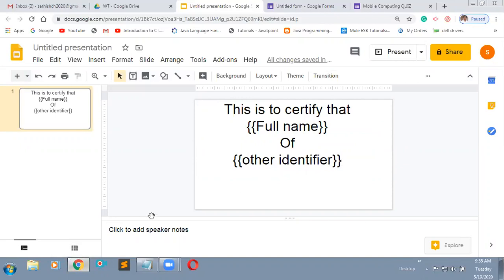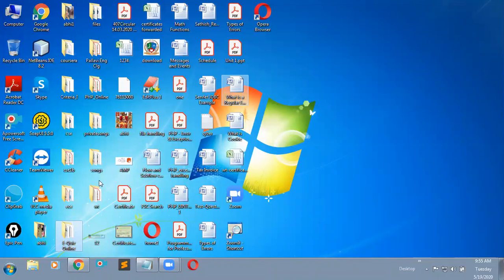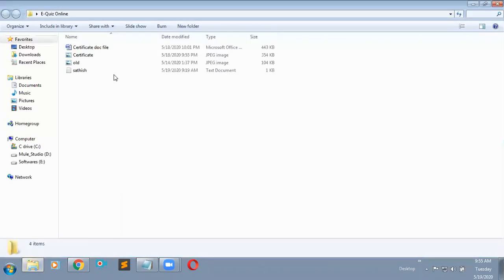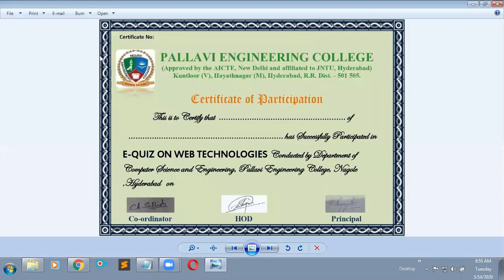Otherwise, I will show one sample. Here I have. Now you can observe this certificate. Here, this is to certify. Here I need to print the name of the participant. Here I need to print the college of the participant. Better, instead of creating that certificate, I'm just uploading this certificate.